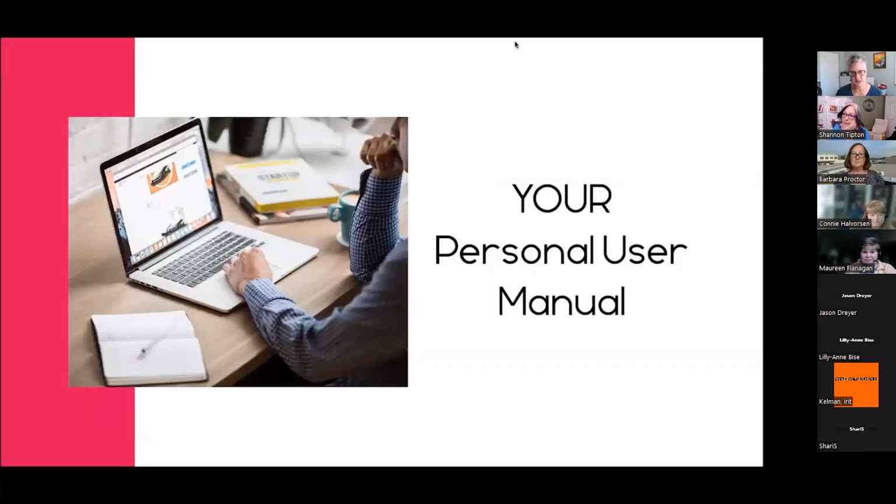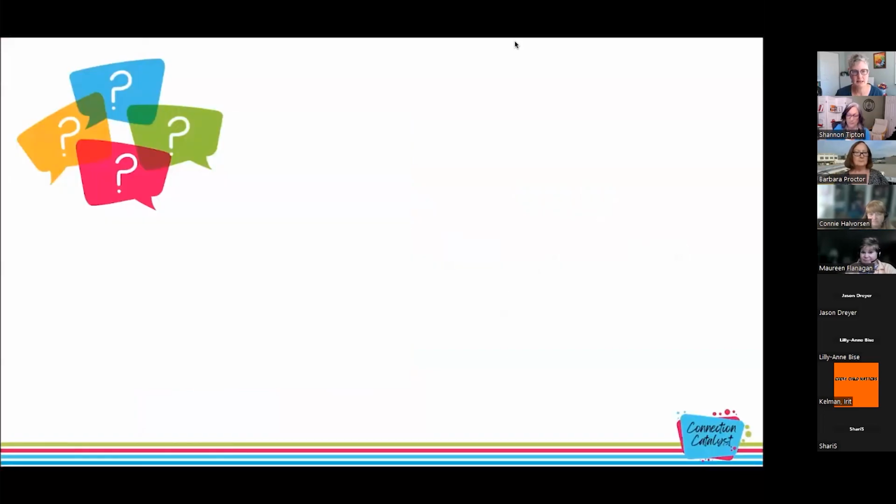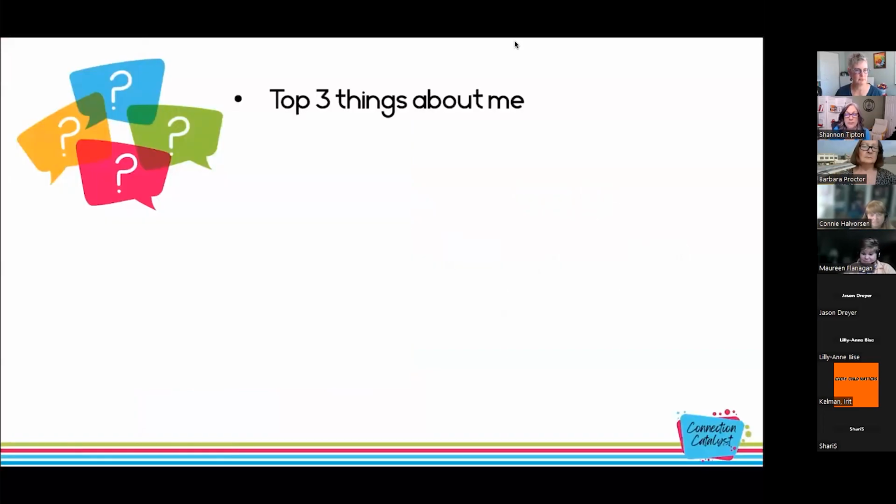So the first thing I want you to do is write down 3 things about you that you think other people should know. What's your gut response? The reason we are also going through this is so you can see where you stumble. And that might be a signal. This might be things that other people may stumble with.